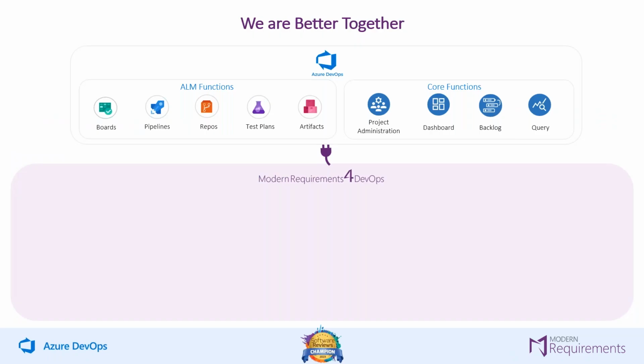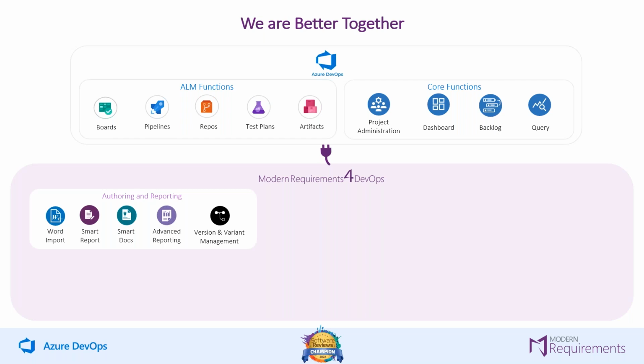For the folks who haven't had experience with modern requirements in the past, and I think it was like 60%, we are natively built into Azure DevOps. What you're seeing on the screen right now are all the capabilities that come with Azure DevOps at the top. Modern requirements adds several requirements management tools into it natively. So from an authoring and reporting standpoint, we have Word import, Smart Reports, Smart Docs. I'm going to stop there for Smart Docs for a moment. It kind of looks and feels like Word, but you can build your documentation natively in ADO with work items